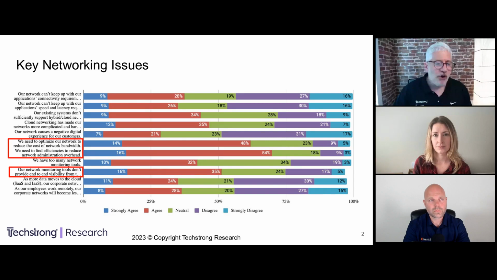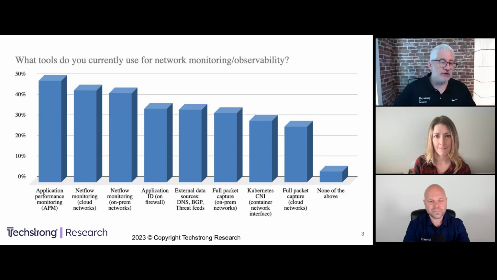And shockingly enough, we asked a question about what specific tools folks were using to manage and do their network monitoring and observability. We had a whole bunch of different options here. Really, the technologies that floated to the top were application performance monitoring, now roughly called observability, but we'll use a different context for observability, so we wanted to keep it to APM on this, and a variety of different NetFlows. So, pulling NetFlow out of your cloud, pulling NetFlow out of your on-prem networks, probably pumping it into some analysis package to give you some sense of what's happening that is not Wireshark. I'm just kidding, that would do packets on that front.